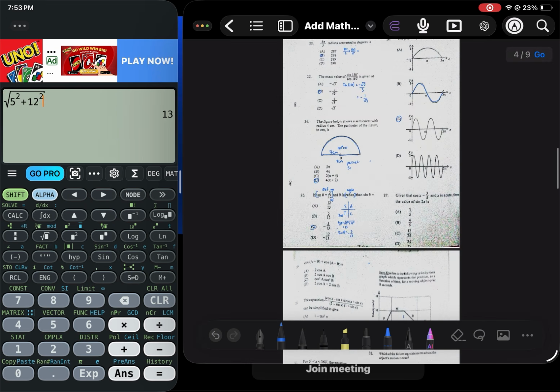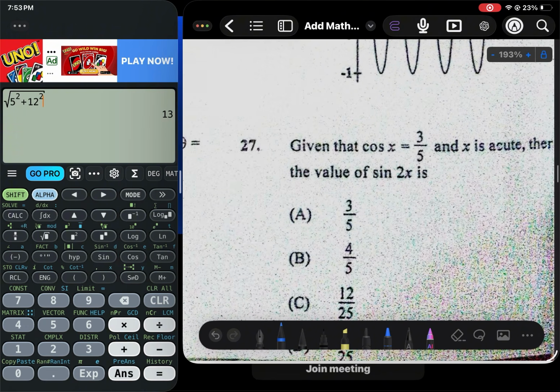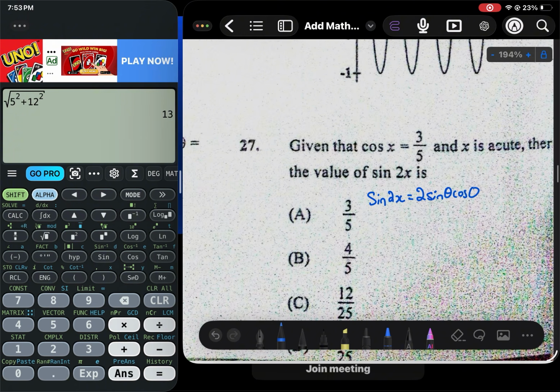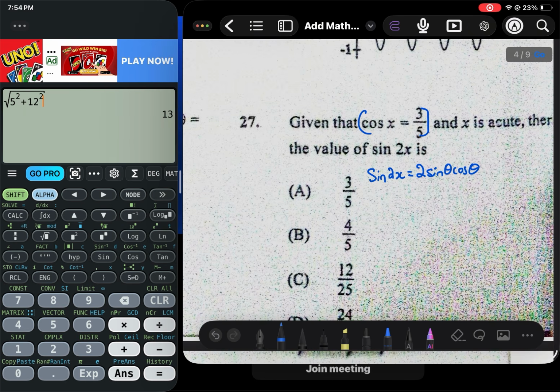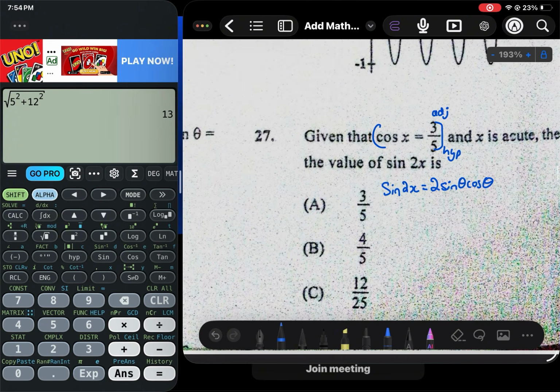Okay, 27. Given that cosine x is equal to 3 over 5 and x is acute, then the value of sine 2x is. So we're trying to find what the value of sine 2x is. And you know that sine 2x is equal to 2 sine angle cosine angle. So we have cosine angle, but we don't have sine angle. So in order to complete sine angle, we need to find what the opposite is. So we have the adjacent and the hypotenuse. We can find the opposite